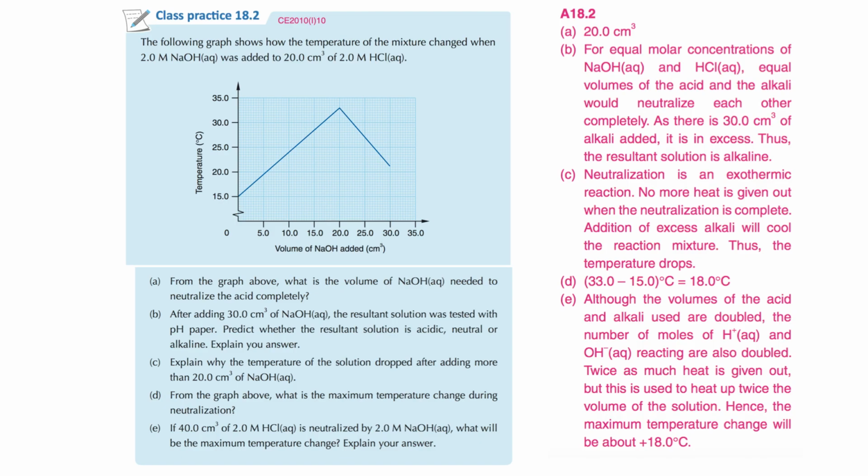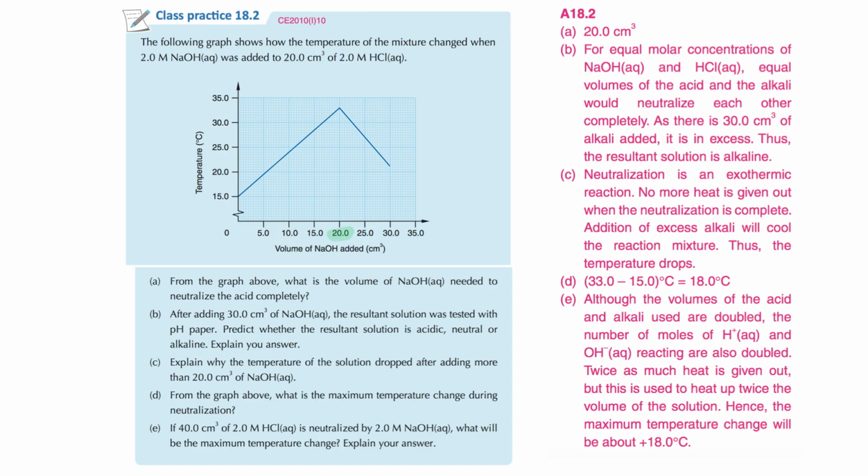So part A, find the graph above. What is the volume of NaOH needed to neutralize the acid completely? This one, we don't have any data, and they just plot the graph for you already. So just read the volume of NaOH needed. The highest point, you draw down, then you'll find that the highest point, we need 20 cm3 NaOH